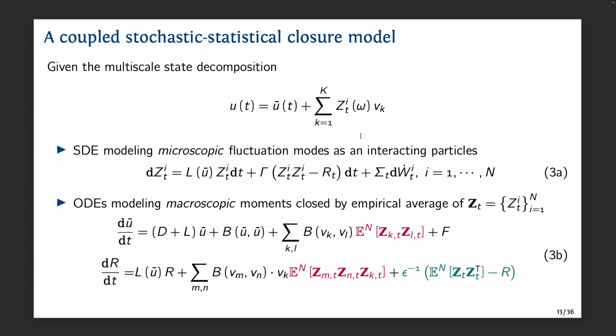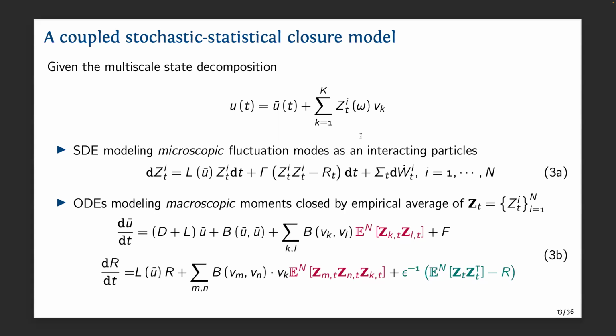And here, this is just for a numerical issue. We want this covariance and the sample estimation to be consistent, so we add this relaxation term. I won't talk too much about this, but numerically it turns out to be very important to give a convergent result because of the instability of the system.